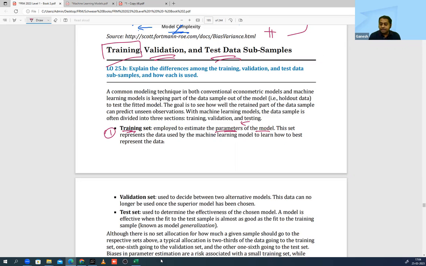Okay, this represents the data used by the machine learning model to learn how to represent the data. So for example, if you want the machine learning model to do prediction about who's going to win the next IPL match, you will have to give the historical data of the IPL, with the win labeled one, and on the basis of that data it will learn. But you will not give the entire history, you will give say only 5 years, 6 years of data, and you will ask it to learn on that only. The remaining data points you will use to do prediction, to check whether the model is correct or not.